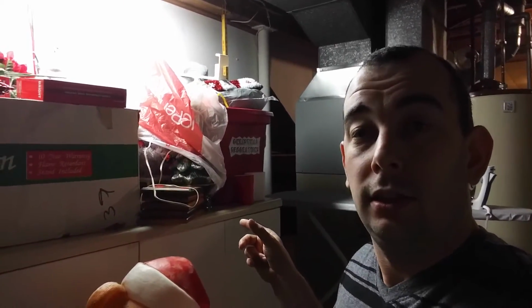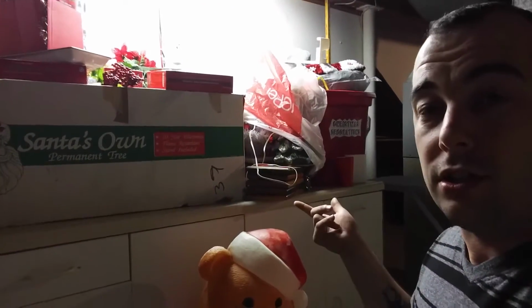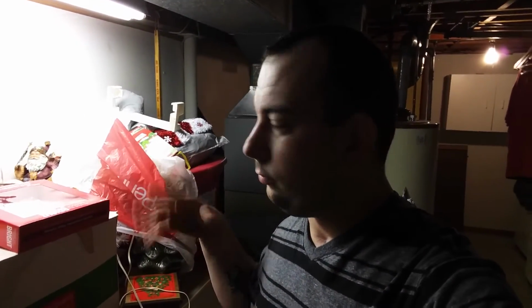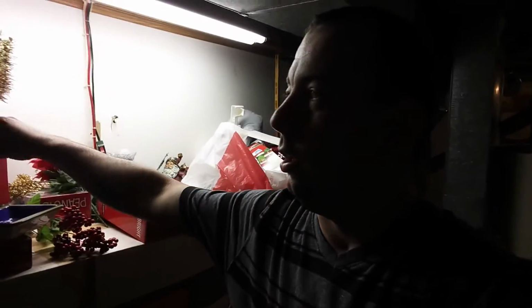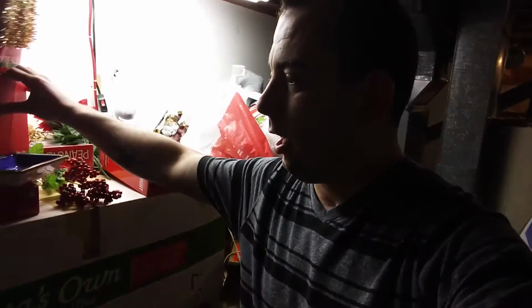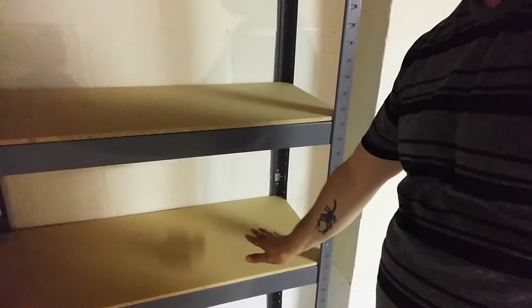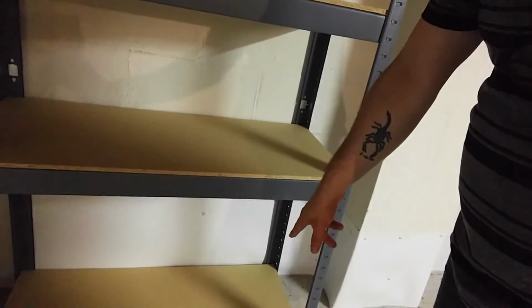Now up here on this counter, there is quite a bit of Christmas decor. And in fact, we have the Christmas tree up here, and that's definitely not going to fit on that shelf. So I may just leave it over here on this counter for now, along with some other bulky things like this bear and that bear. But the smaller holiday decor that won't fit in a tote, like the garland and stuff like that, I figure I can just put on these top two shelves here,